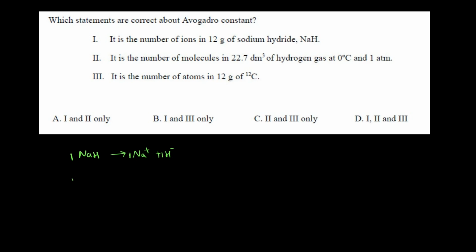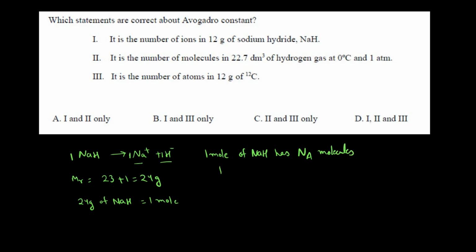So what is the molar mass of sodium hydride? 23, and hydrogen 1, 24 grams. Okay, so it means that 24 grams of sodium hydride is equal to 1 mole, right? 1 mole of sodium hydride will give me how many total ions? One molecule is giving me two ions, one sodium ion and one hydride ion, and I know that 1 mole of sodium hydride has Avogadro's number of molecules,